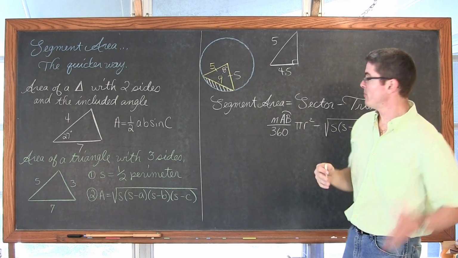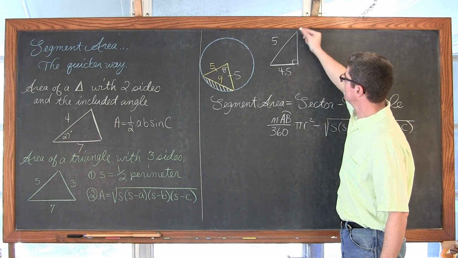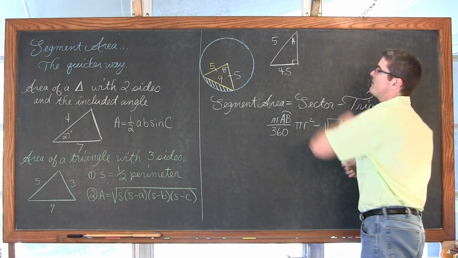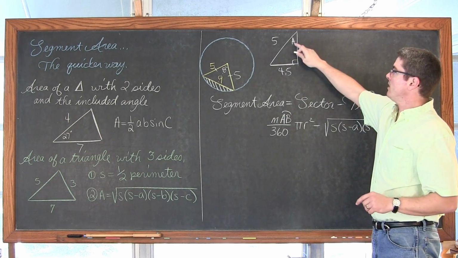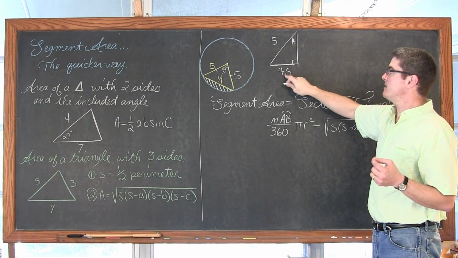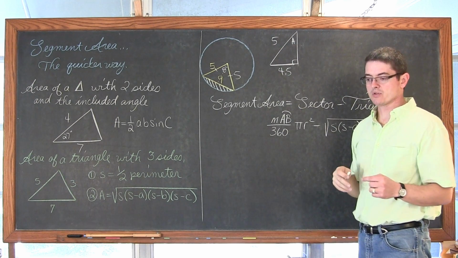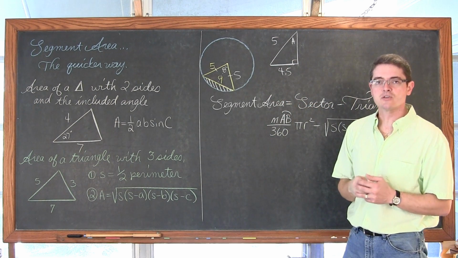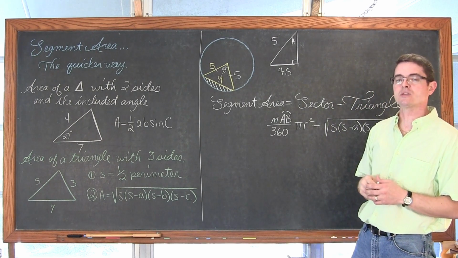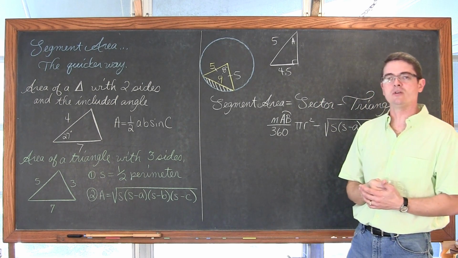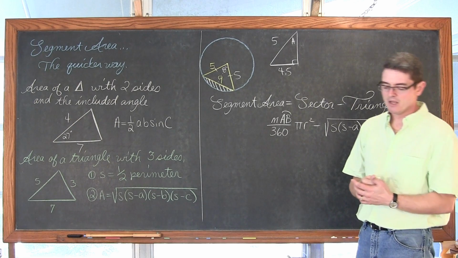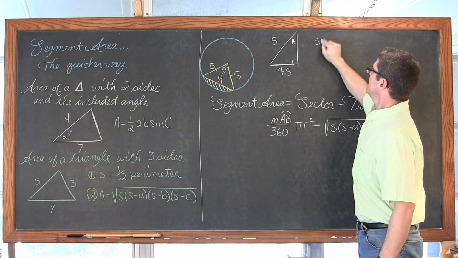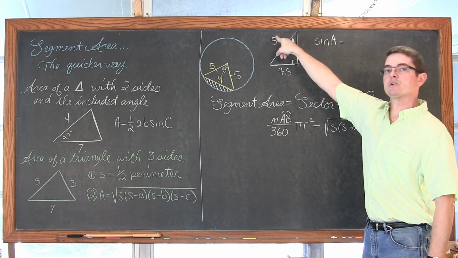I'm not using the old method to find h. I want to find out what this angle is up here, and let's just call this capital A. So I want to find the measure of angle A. From angle A, I know the opposite side and the hypotenuse. If you remember SOHCAHTOA, sine is opposite over hypotenuse, cosine is adjacent over hypotenuse, and tangent of an angle is the opposite side over the adjacent. I have the opposite and the hypotenuse, so I'm going to use sine. So the sine of A is equal to opposite over hypotenuse.